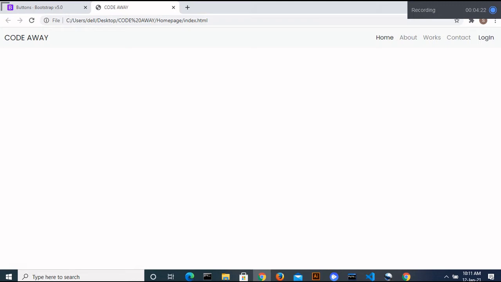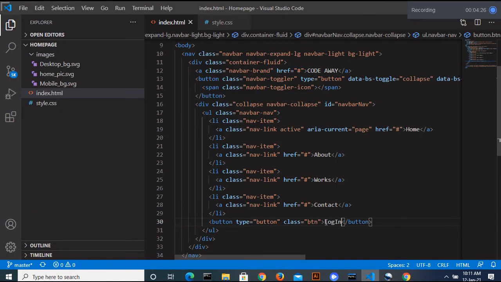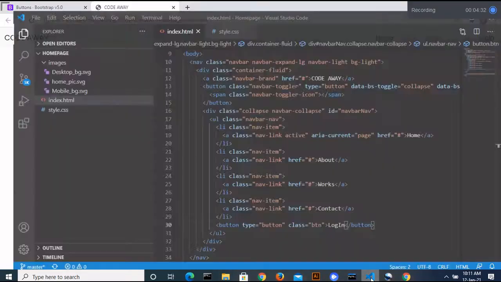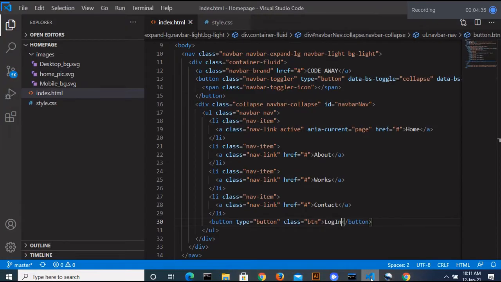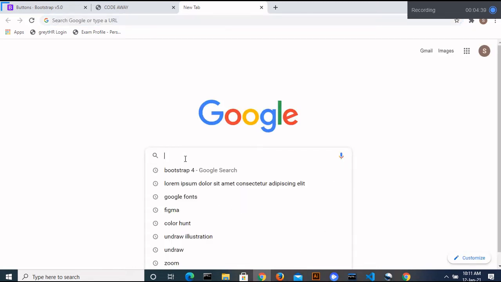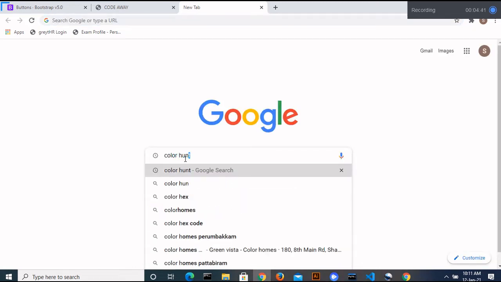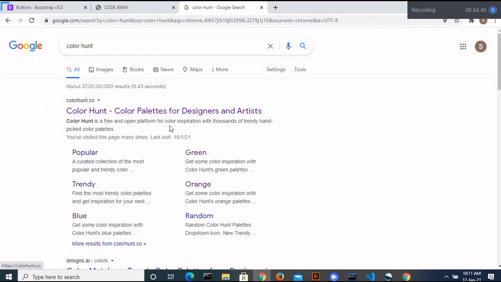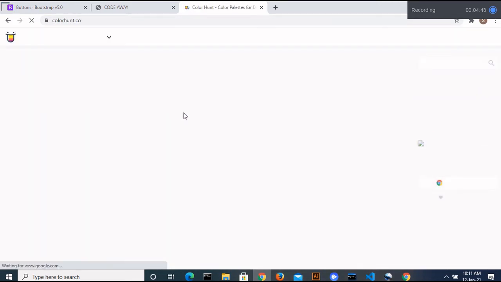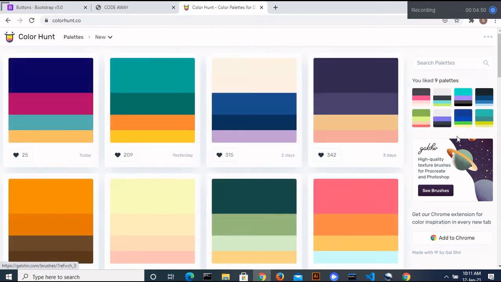Okay, fine. So now let's change the color of the button. Okay, for color codes I am using Color Hunt. So I'm using Color Hunt for color codes. So we will have a lot of combinations of colors here. I have selected this color code.